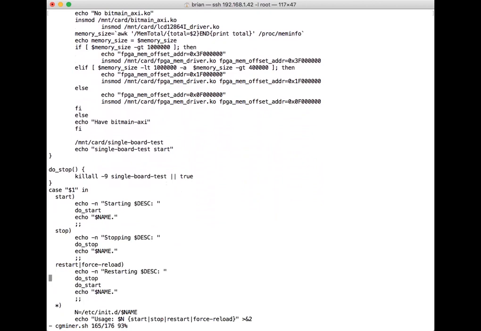So there's some other stuff in here. This is actually a shell script, so I can start, stop, and restart. And we're going to use this restart thing right now, because right now this shell script and single board test is running. And I need to change the output of it, but it's already running and it's already decided its output. So I need to restart it with what I want to do. So the change you have to make in here to get it to a file, I'm going to just add this code and I'll explain what it does. At the end of this line,